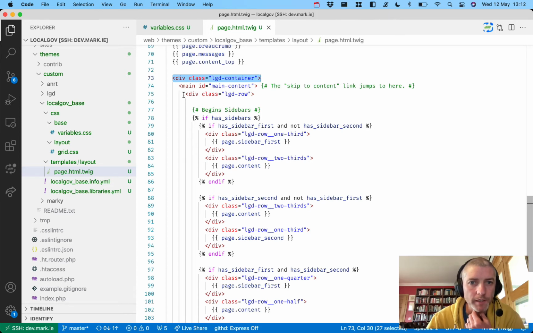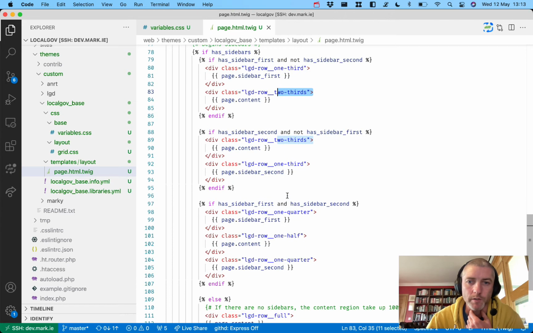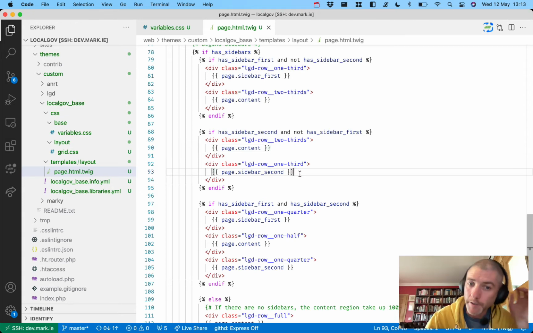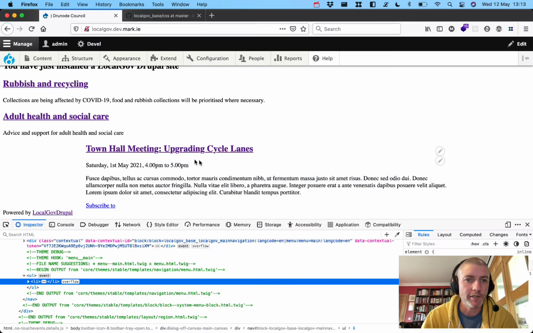And then inside this, we've got a div called LGD row, so LocalGov Drupal row. If there's a sidebar first but not a sidebar second, then sidebar first will be 1/3 and the main content area will be 2/3. That pattern continues. If there's a sidebar second and not a sidebar first, then we have the page content at 2/3 first, and then the second sidebar taking up 1/3. So what that gives us at the moment is the main content area inside this 960 pixel